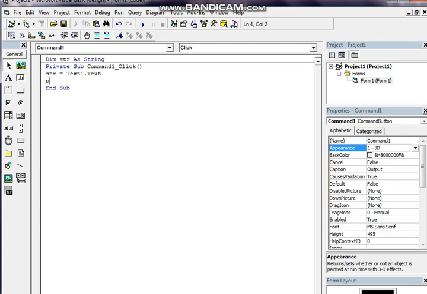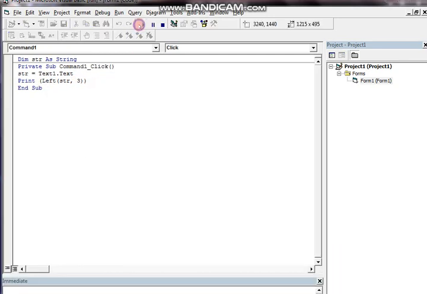Okay, let's continue. Now I want to print from the string. The function name is left, bracket, from str, and how many characters do I want to print from str? 3 characters. So this is how my statement is: left of str text1 text. It means whatever text I entered in the text field will go to the str variable, and from the str variable we are extracting 3 characters from the left side. This is the syntax. Let's see how the result is coming.